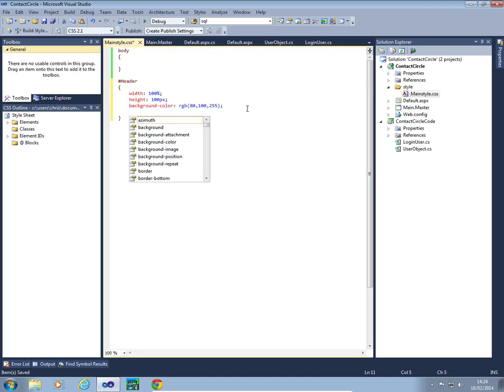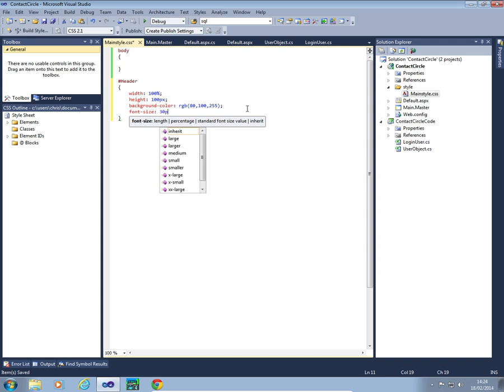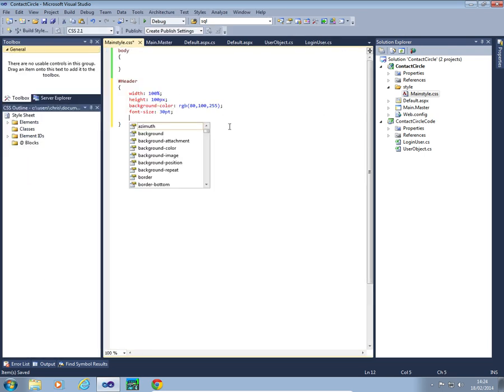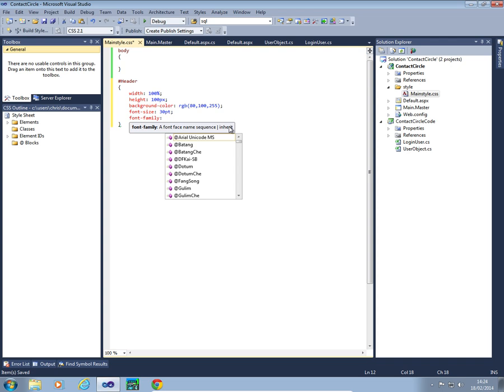So the word is the contact circle, not very big, so let's change the size of the font to maybe, I don't know, 30 points. So let's have a look at that. Yeah, not very modern looking in style, so let's change the font family to something like, if we do Segoe UI as the first one, that's a Windows 8 format. The Helvetica